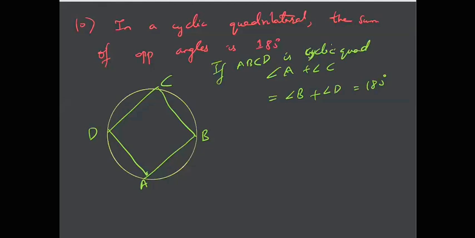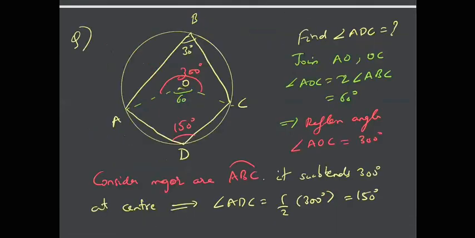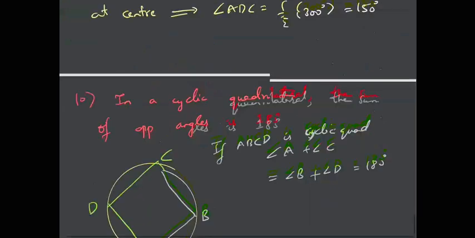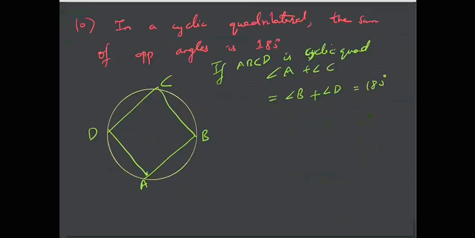The reason we have seen in this problem: say this angle is theta, then this angle would be 2 theta, and this would be 360 minus 2 theta. Then this angle would be half of this 360 minus 2 theta, that is 180 minus theta. So if this is theta, then this is 180 minus theta. Okay, so you can prove it at your home.